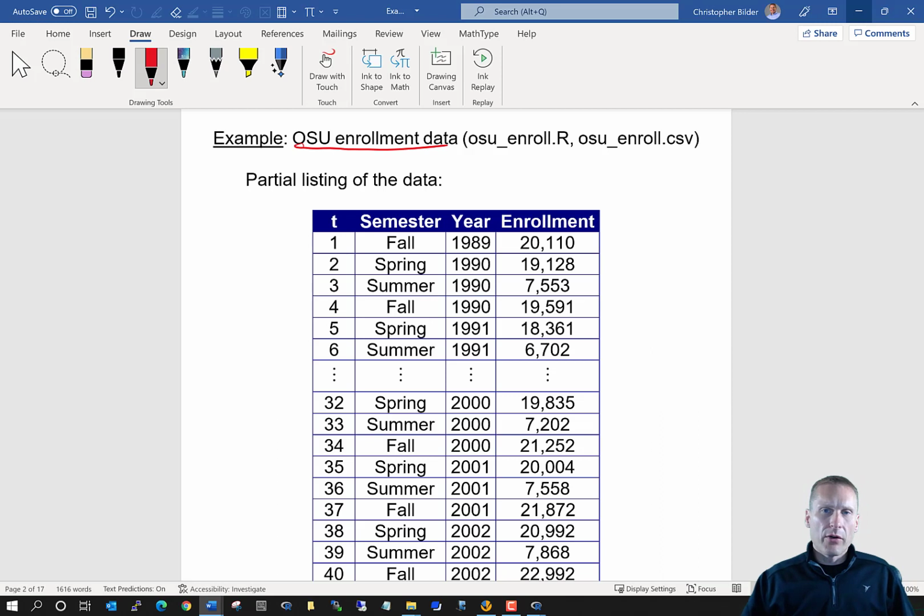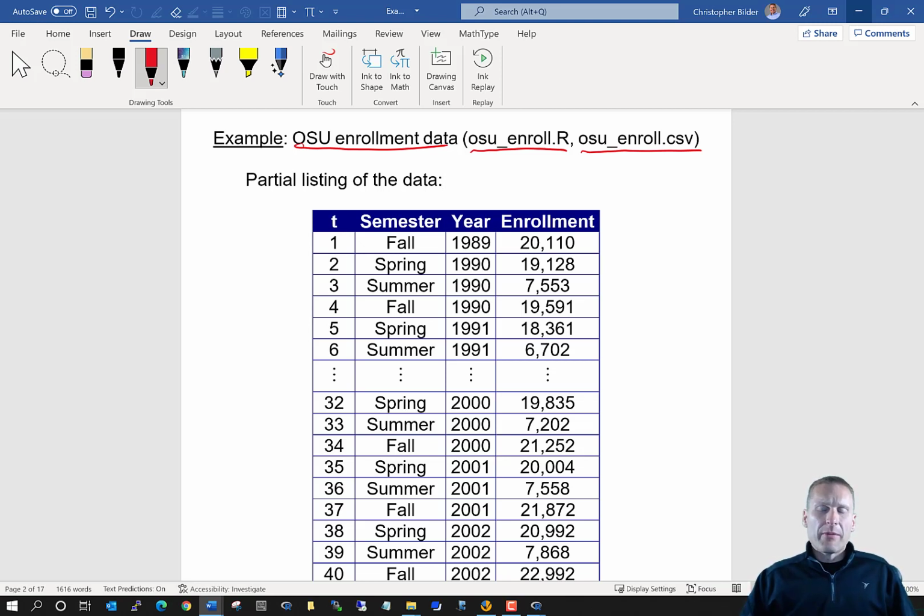So throughout my notes, you will see a typical style that I use, where I announce example, the name of the example, any R programs that we're going to be using corresponding to it, and then also a data set name. Now, this OSU Enrollment Data example is probably my most favorite example that I use in a time series course, because I was actually, you could say, somewhat involved in the situation corresponding to this data.